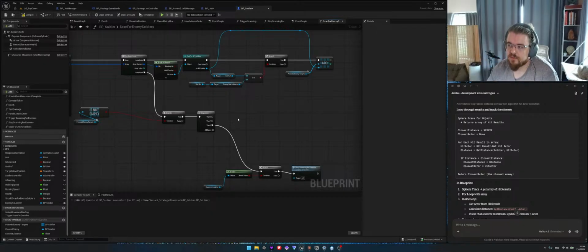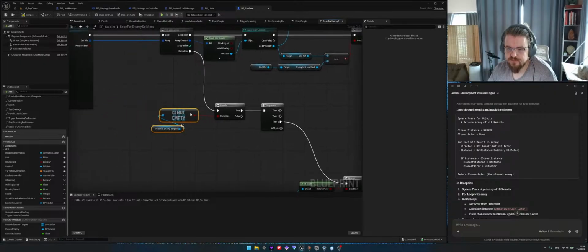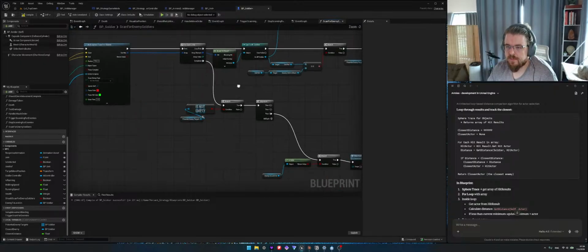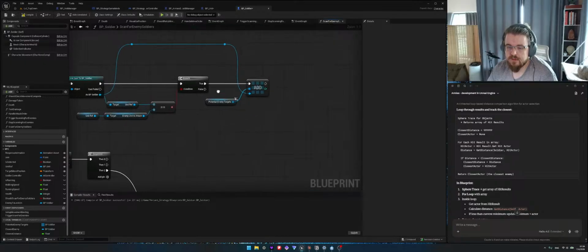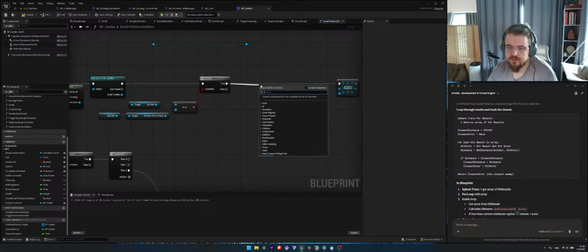This logic is way too complicated, but you know. And also I need to check if this enemy soldier